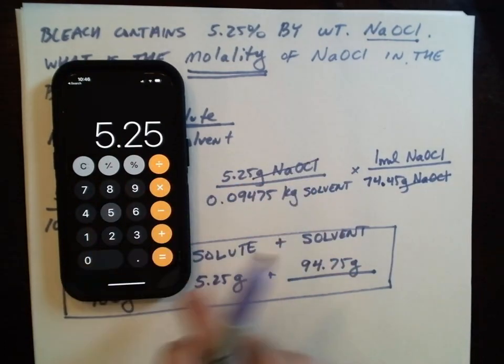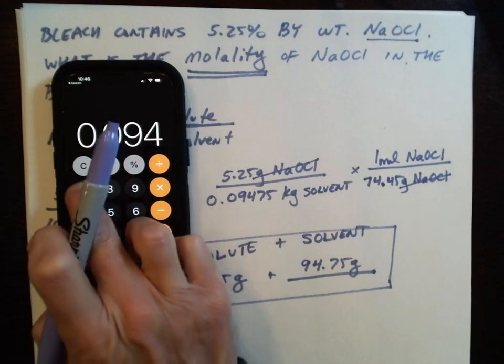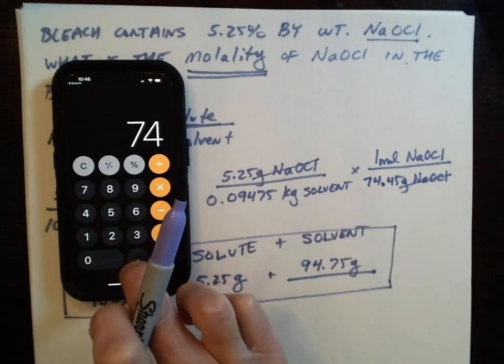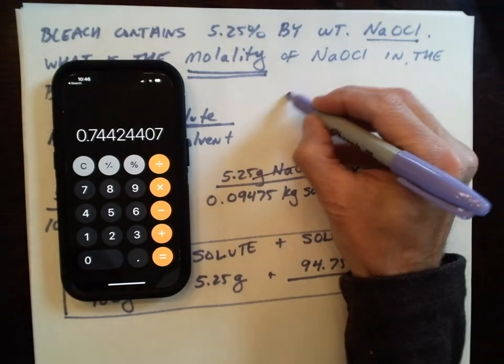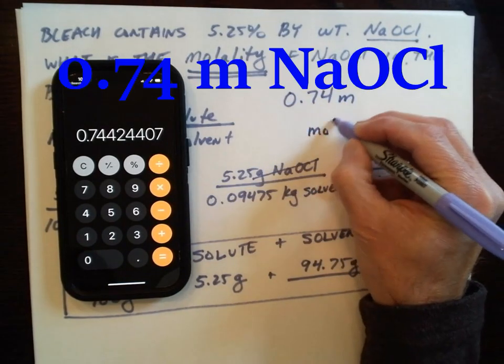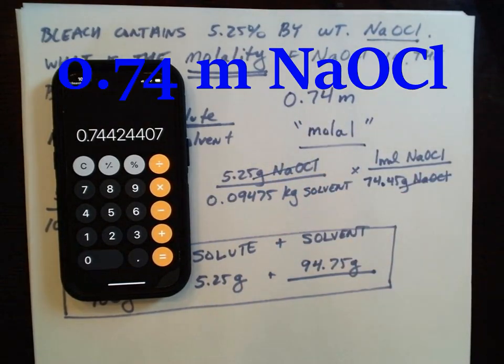5.25 divided by 0.09475 divided by 74.45. We would have a 0.74 molal, so 0.74 molal solution. That's the way it's said, molal. For molality,